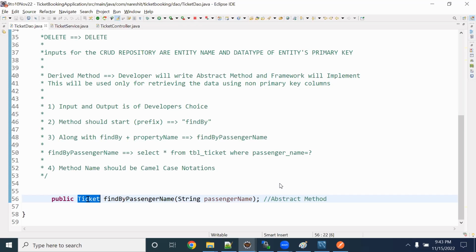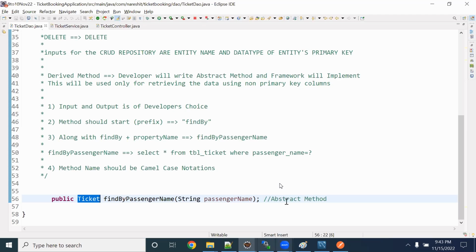My intention was any return type means our own return type, list of integer, list of string. That is not the case. You need to return an entity, whether it's a single entity or a list of entities, it doesn't matter. You cannot create your own prototype, list of integer, list of string, like that. It is not going to work, okay,